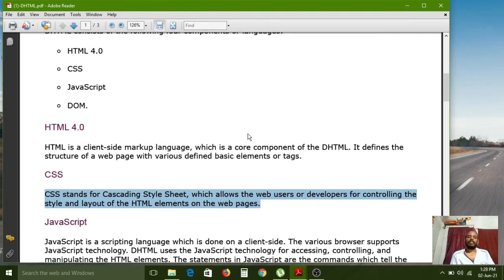Actually till now we have used pure HTML tags. In that case, are the applications very colorful or not? No, it is plain text we are representing on the web browser. There are no colors, no animations, no designs. Different types of colors we haven't applied till now because that is pure HTML. Compared to pure HTML, if you add CSS styles for your HTML page, then you will get a very colorful website.